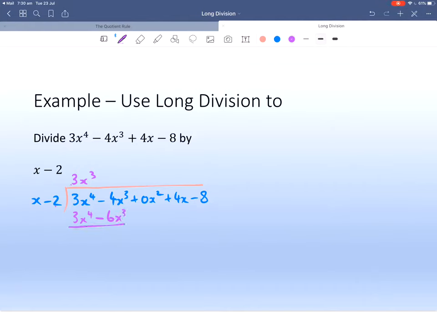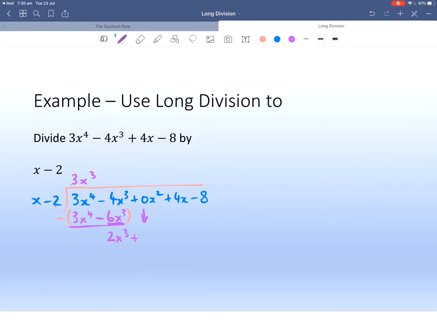cubed. Okay, now remember, we're going to put brackets to make note, and now there's a double negative at play here. So we've got to be really, really careful. Now, just a reminder that these two should cancel out, which they do, okay? And now let's just keep going. I'm going to start picking up the pace a bit more. So we go minus 4x cubed plus 6x cubed, and we get 2x cubed,